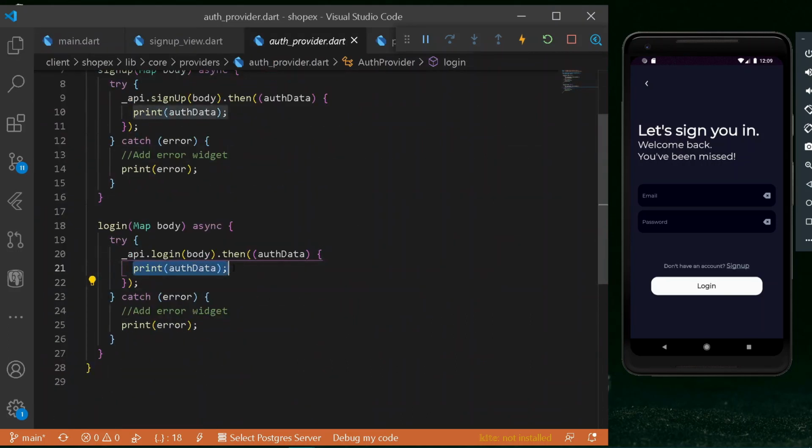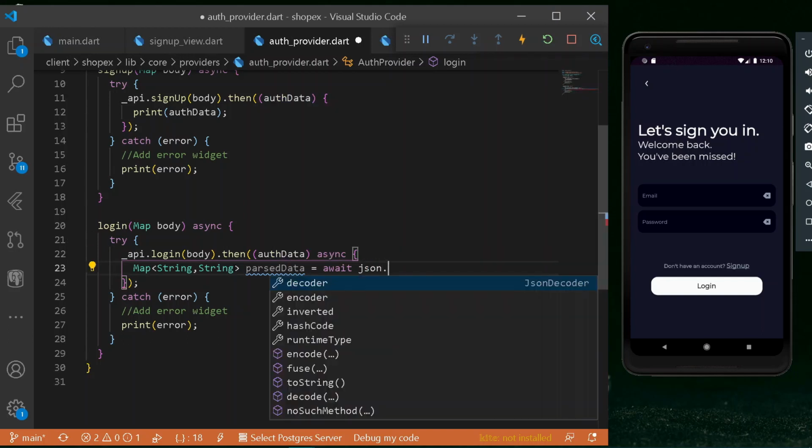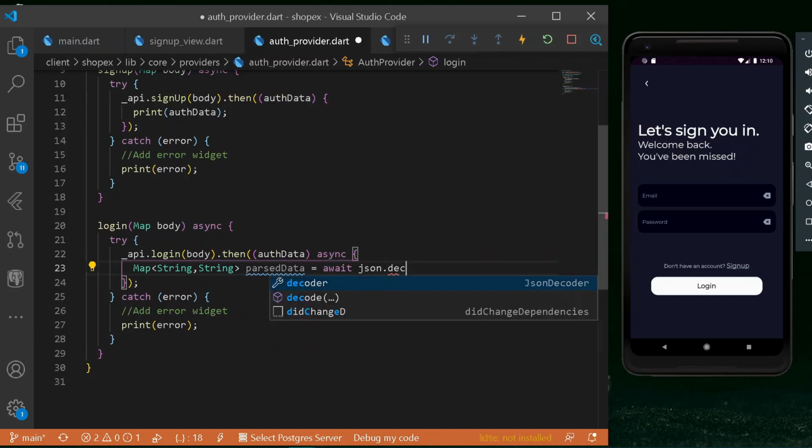If I move under my auth data and here have a new mapping between a string and a string, and here let's have parse data, and the following thing shall be awaiting. So to make it an await state, let's add async, and here I write JSON, let's import it, and here I try decode, not decoder but decode, and I try to decode my entire auth data under a toString,